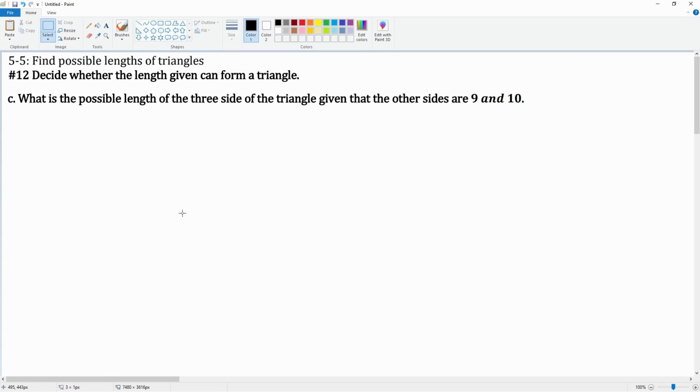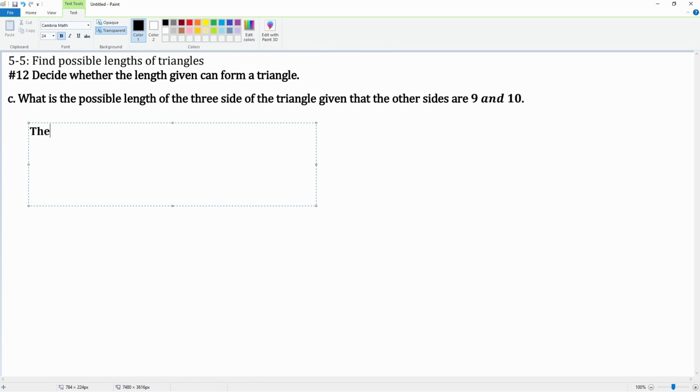This is 5-5. Find the possible length of a triangle. Number 12C. What is the possible length of the third side of a triangle given the other sides are 9 and 10? The issue here is